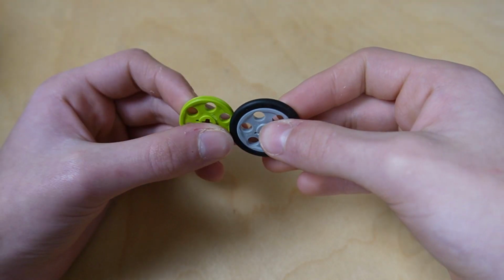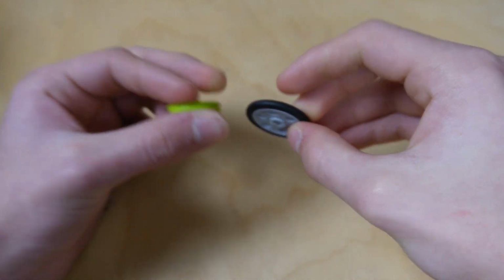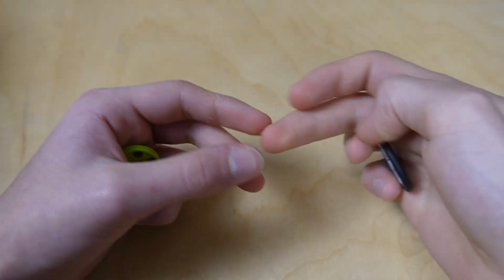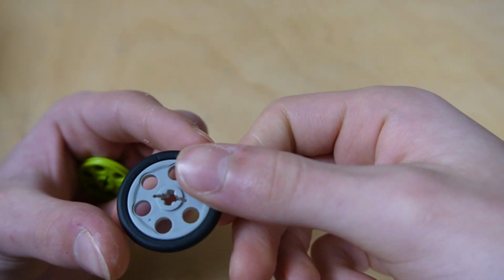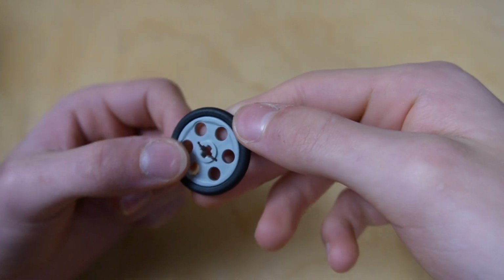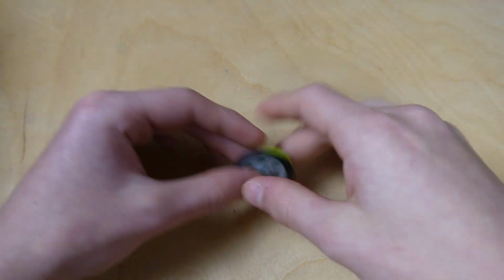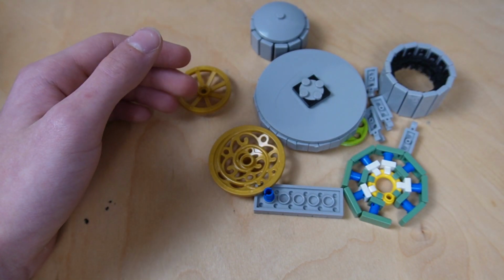If you're going to let it sit there for 2 months plus, I'd recommend not using this, just because eventually your clips will probably break or be ruined because they are flexed too much, and your tire will be ruined from the clips marking it up. Of course, at a distance this isn't noticeable, so I wouldn't worry about the tire piece too much, I'd just worry about the clips. So, anyways, that is all the techniques I have,